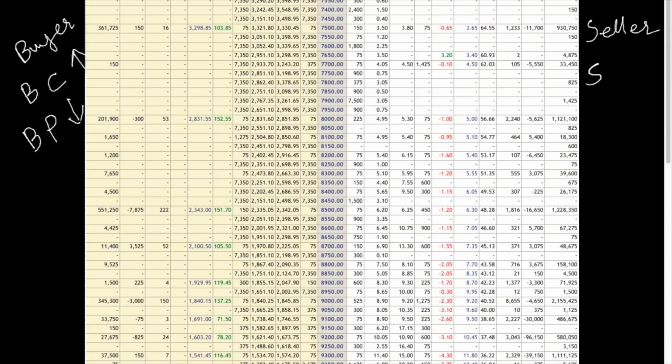On the other hand, an option seller sells a call when he or she expects the price of the underlying to not rise above the strike sold plus the premium received, and sells a put when he or she expects the price of the underlying to not fall below the strike sold minus the premium received.